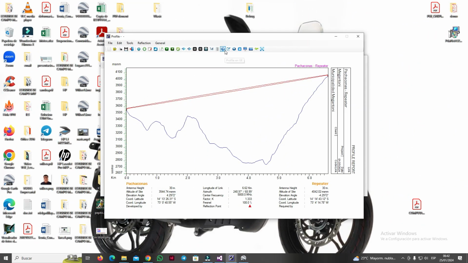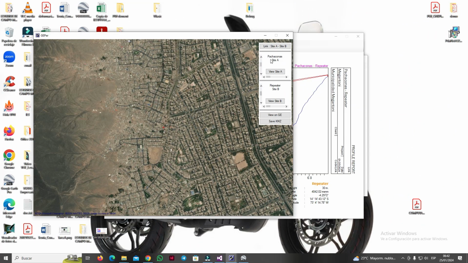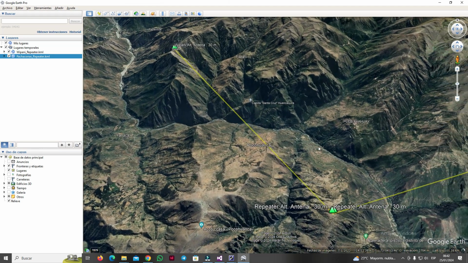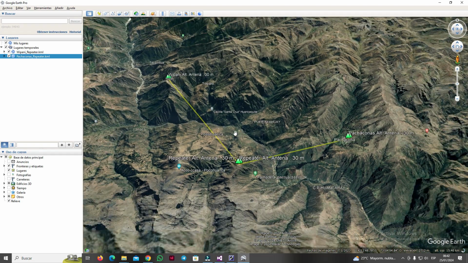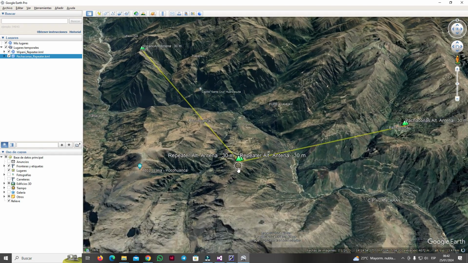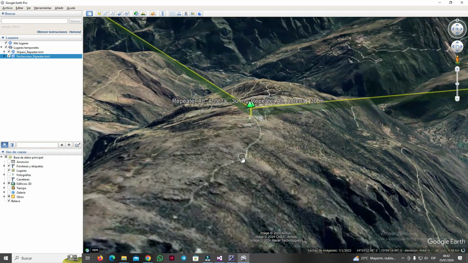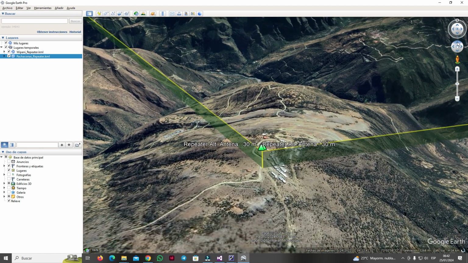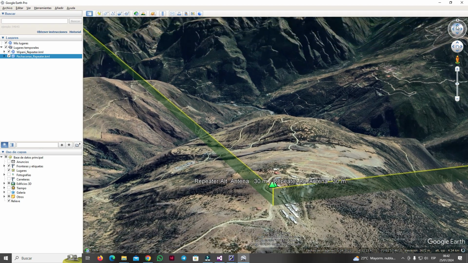If we accept the repeater as valid, we can now see in Google Earth the two jumps or radio links that we have found to join Winapi and Patcanas. Note that the ACPLINK program integrates Google Earth into its application and uses it as a presentation tool, because Google Earth offers a very nice and descriptive view of the radio link.